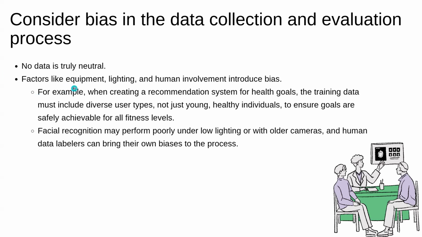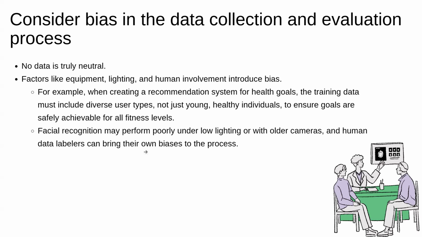We have to think about all these factors from the beginning of the data collection process. Factors like equipment, lighting, and human involvement definitely introduce bias. For example, when creating a recommendation system for health goals, the training data should include diverse user types. If you source the data from younger people but intend to use it for the older generation, it will be wrong. And if you are getting data from healthy individuals, it may not be fit for other patients or users,